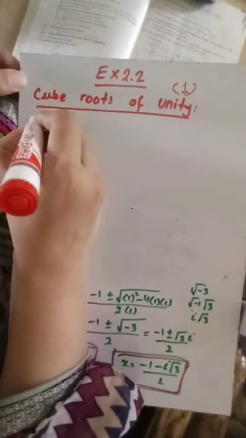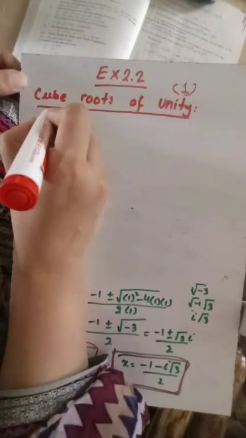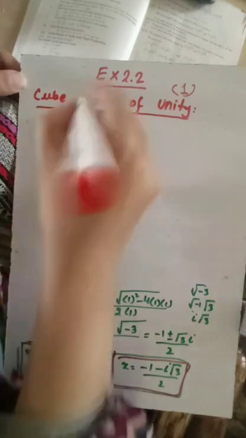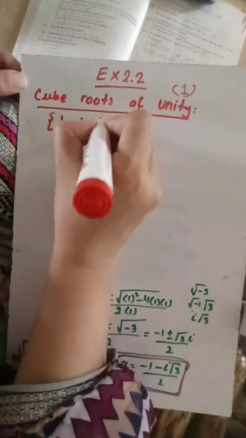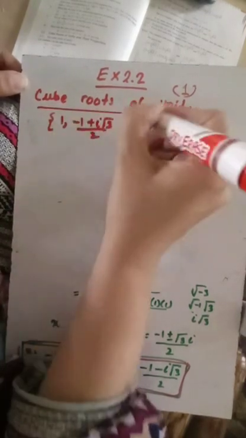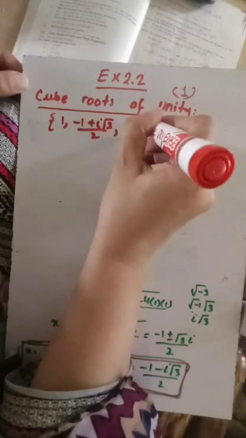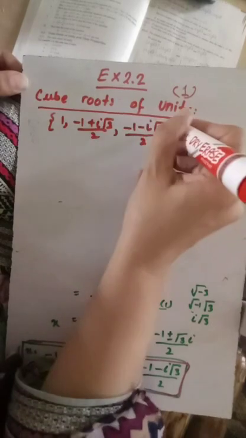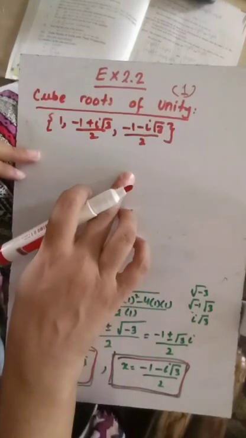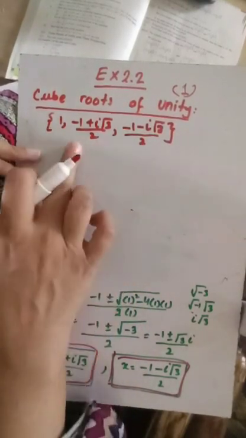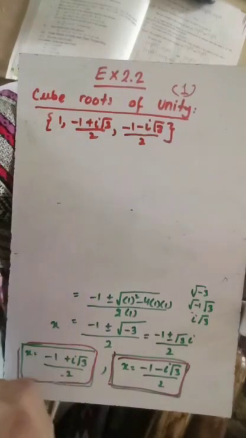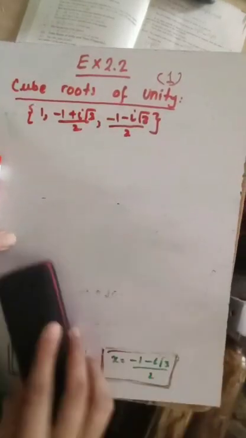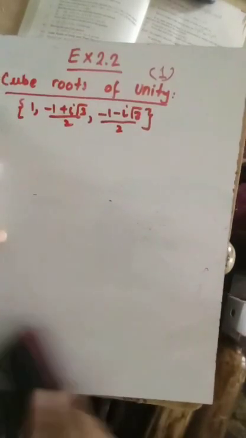So if I write the roots of unity in the form of a set: 1, minus 1 plus iota under root 3 over 2, and minus 1 minus iota under root 3 over 2. These are the three cube roots of unity. It means that these are the numbers whose cube will always give us 1. Okay, and the first property that you need to remember is that